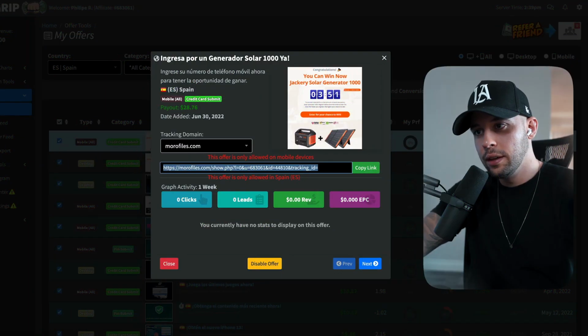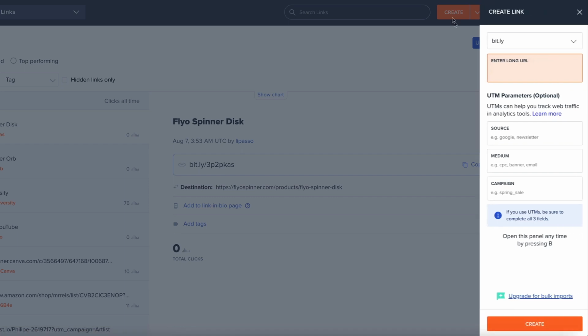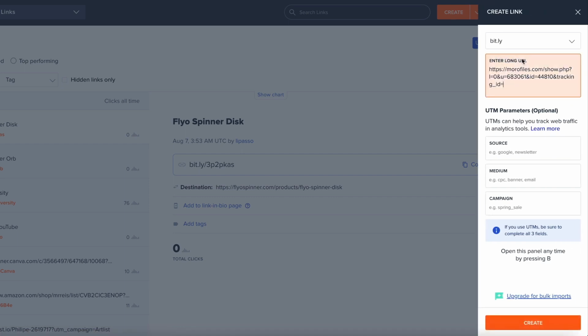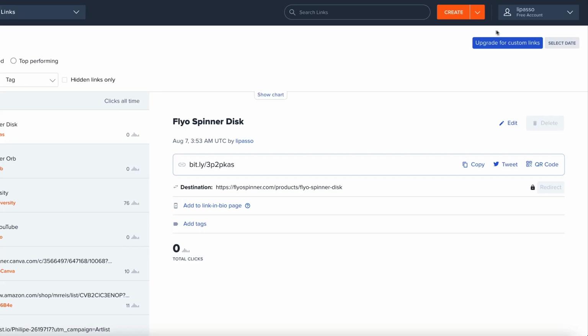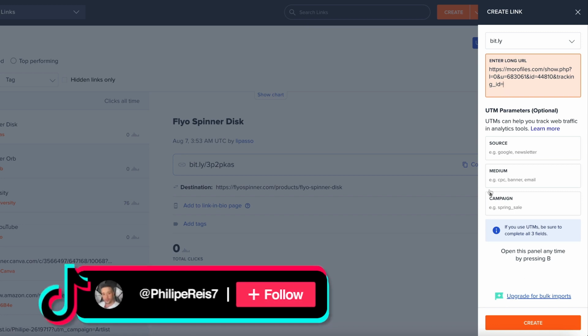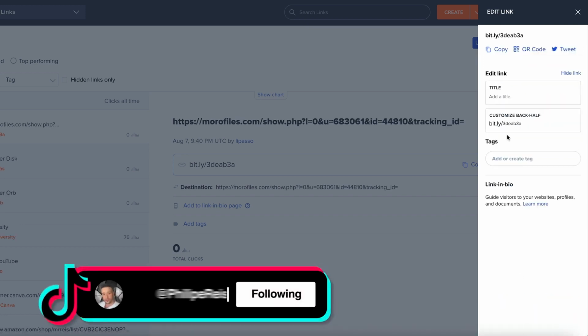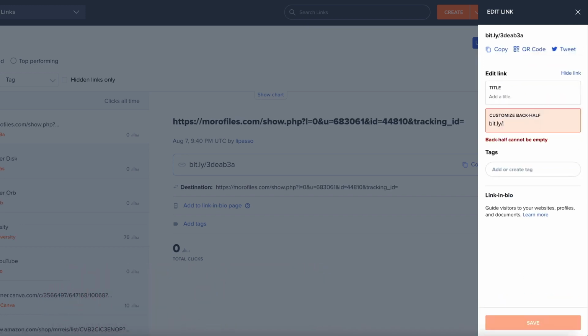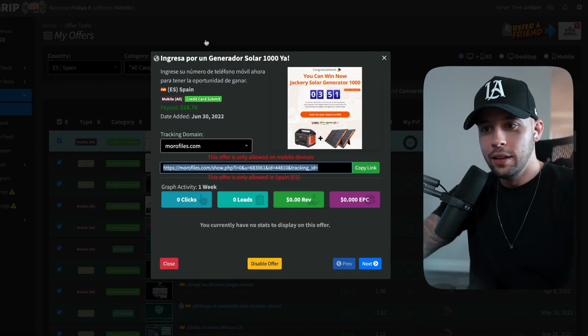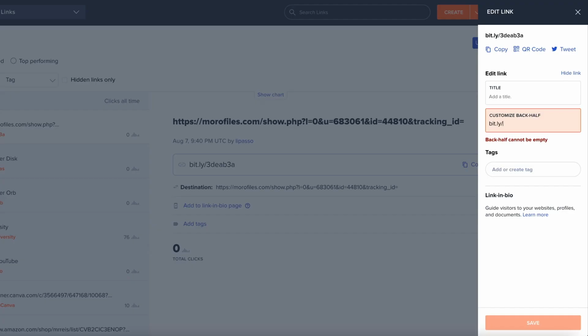So you copy your link, come to bit.ly, create a new shortened link, and enter the long URL here. Here you're going to put your affiliate link, just copy and paste it here, and then click create. On the customized back half, you want to add the name of your offer. The name of the offer here is Generador Solar, right? So we want to take this and paste it here, remove the space, and let's see if